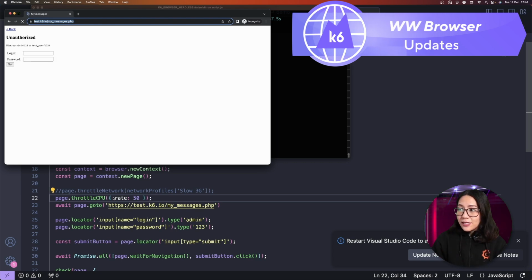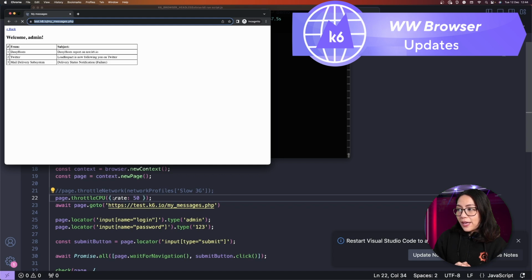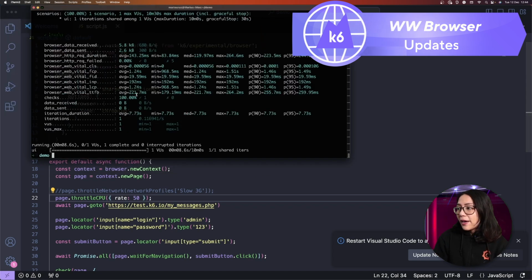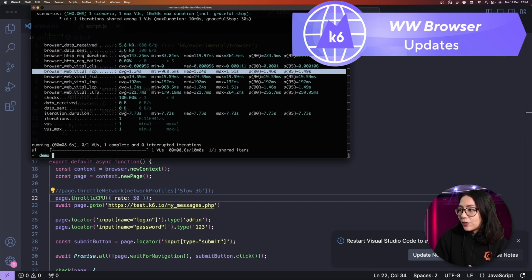again, you can see the execution is slow, typing is a bit slow, and once the test is finished, my web vital metrics are still a bit higher. And there you have it, folks. With this new and amazing feature, you have more control over how you can simulate your user's experience in a variety of conditions. Of course, there were bug fixes and internal improvements made as part of this release,